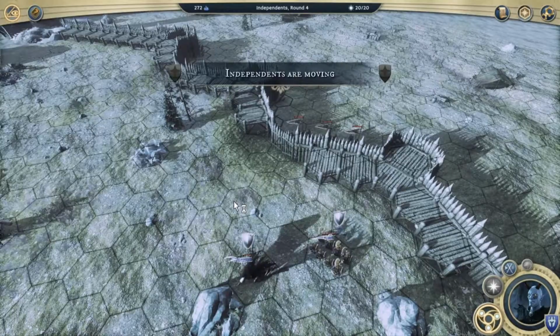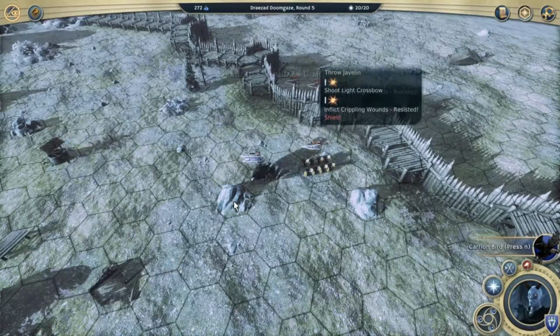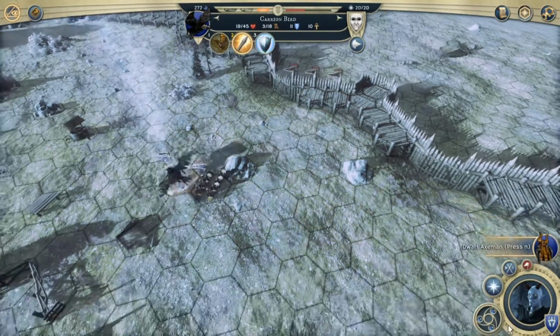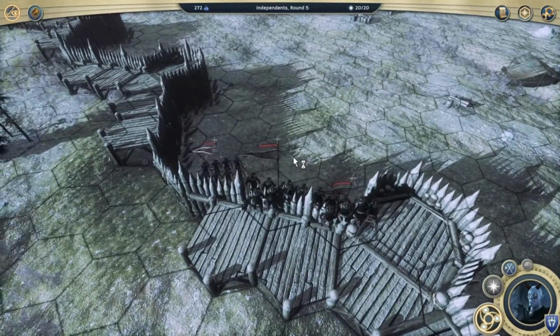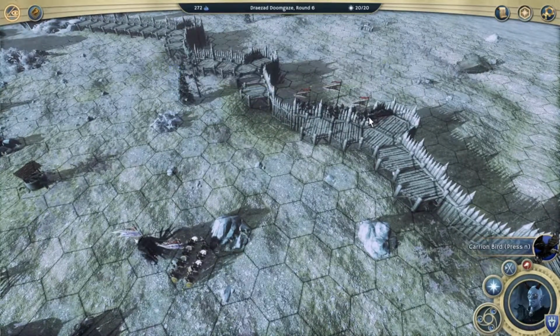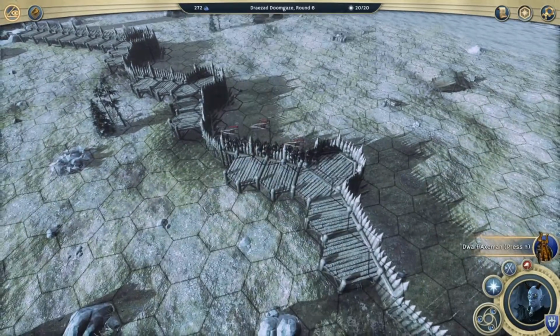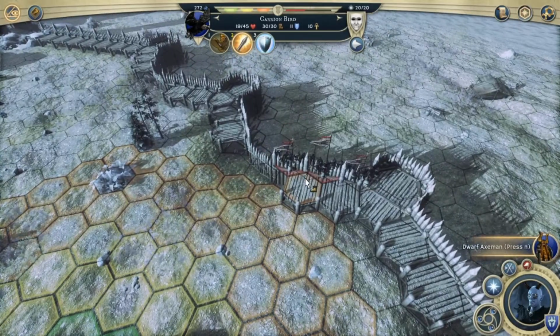Guess we'll pull back and let them try and get through the gate. Oh, interesting. I didn't realize they could just... Oh, okay, they're on their ladders. So now we can...